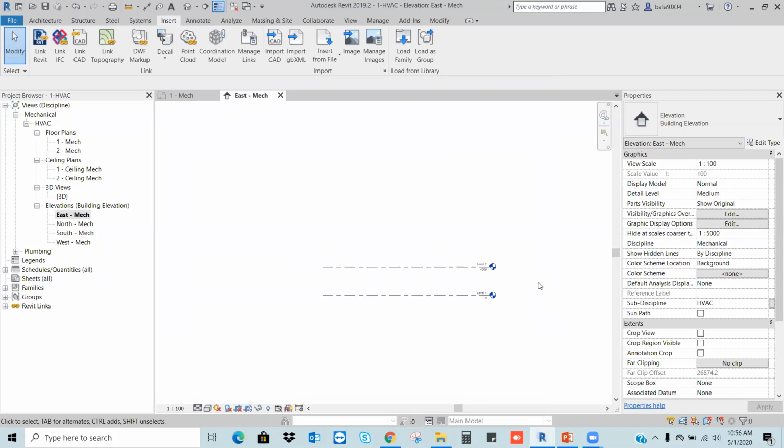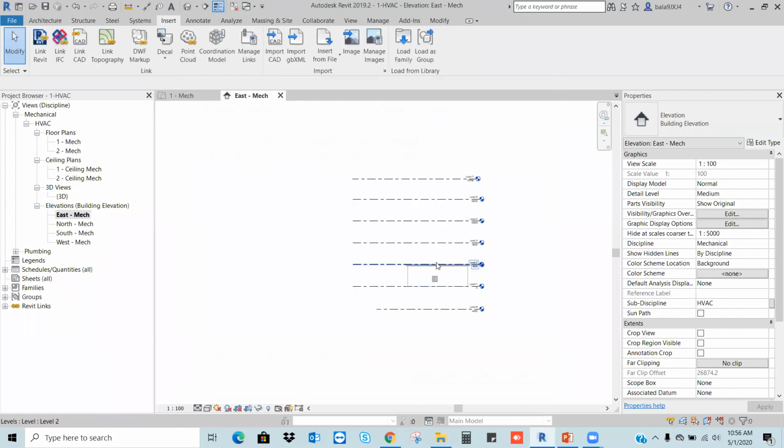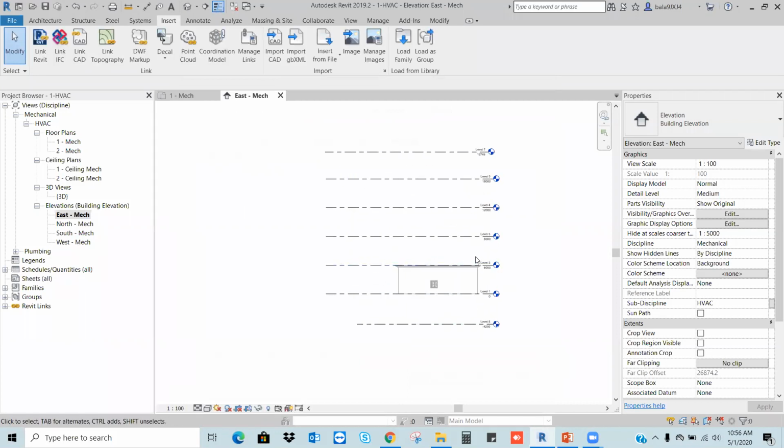So what I mean is we are using the architecture as a reference here. Let's say according to the elevation, I will draw the levels. But I need not draw. I want to use only for this area. I'm not going to draw now. Now I am going to my floor plan level 1.